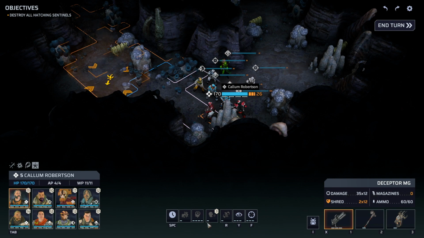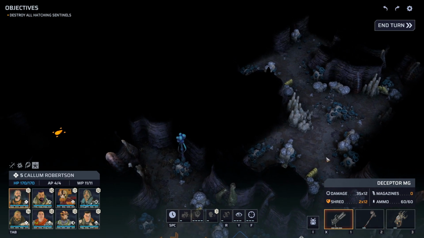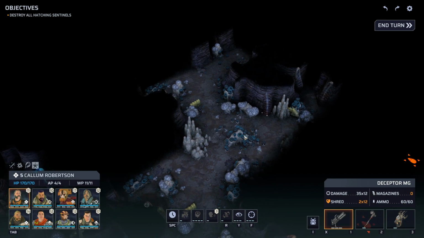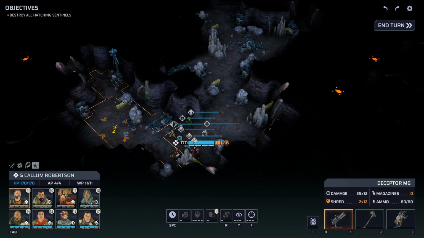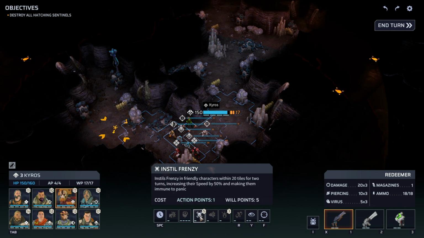Alright, and it doesn't look like we have vision on anything to start this one out, so we got a nice open area in front of us, though. I think that's the way we're going to proceed, hoping that we find a hatching sentinel somewhere off in this direction. But as we found out on other missions, I often pick the wrong way to go. So why don't we just get that frenzy going, just so we have a little extra mobility, get us off